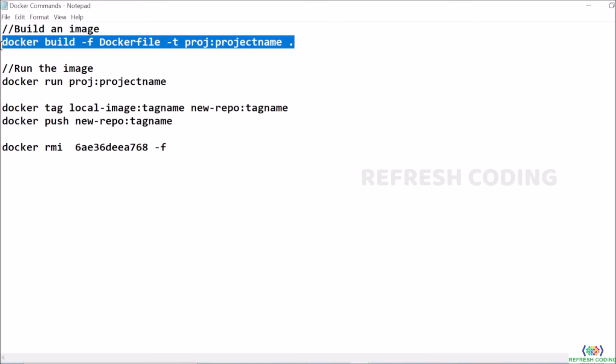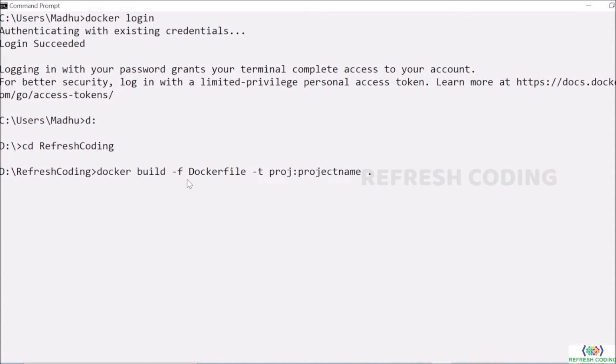I will explain this command to you. I will take it right now. I'll put it here. So docker build is the command to build the image. -f means it is forced to make this image by using this Docker file, and this is the project, and the project name will be your image name. If you want to change it, you can change it. Let's say I will create this image as Spring project